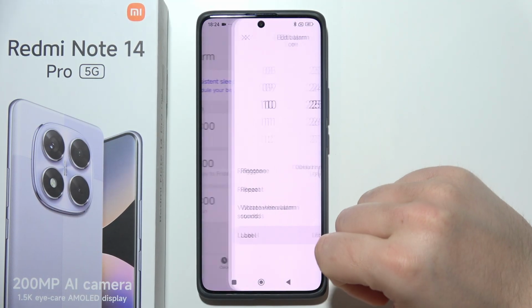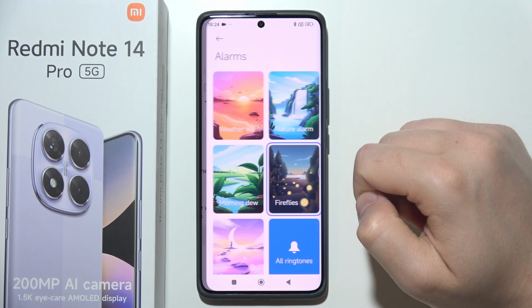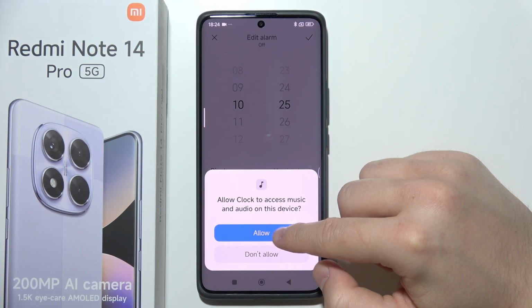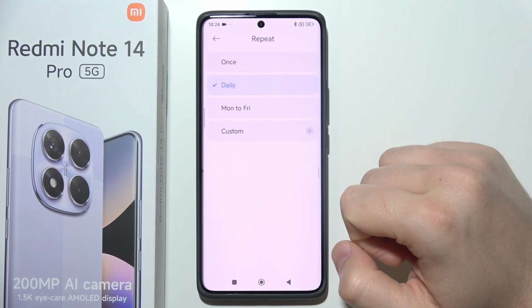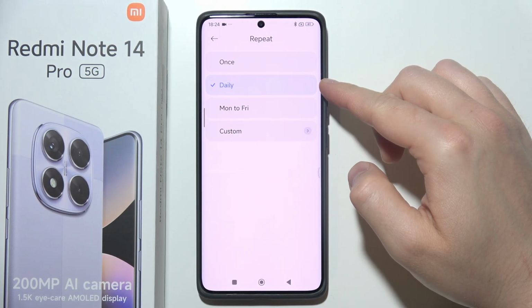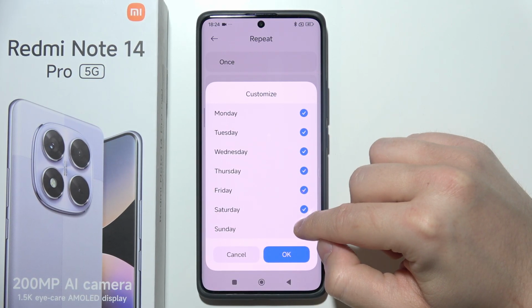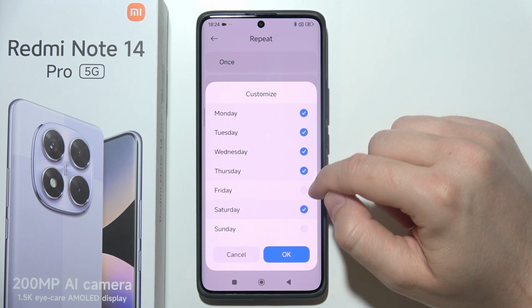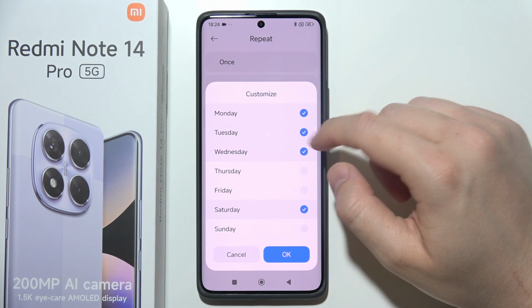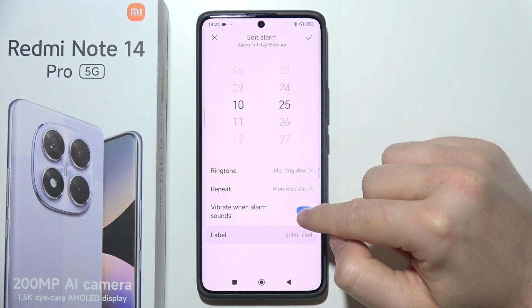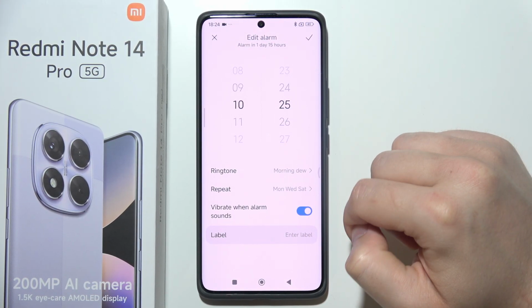By going to the additional settings, you can also change a ringtone if you want. There we go. You can accept all of these permissions. You can set repeat once daily from Monday to Friday, or custom. Let's say that I want to get this alarm on Saturday, Wednesday and Monday. Click OK to confirm,